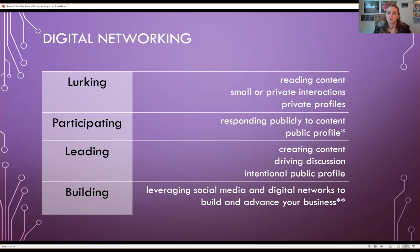Then you move into leading. And being a leader in a community means you're creating content. You're the one posting those Twitter links, driving discussions, having a really intentional public profile. Like, you are stating what you want, who you are, what you're doing, calling for collaboration. So I'm sure you've all seen people who are leaders and participants, and maybe you've been a lurker once in a while. I'm like that a lot of